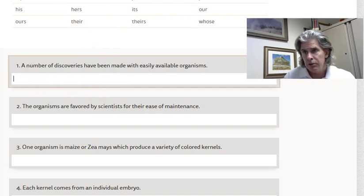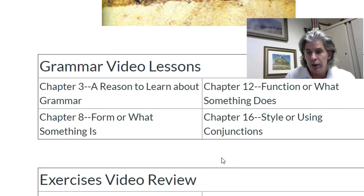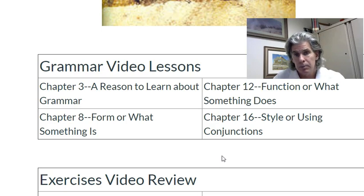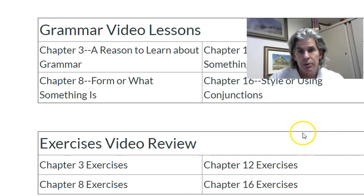If you have any struggles with it, I will be going through the exercises for Chapter 3, which everybody should know. Chapter 8, it might be a little bit of a challenge. Chapter 12 is going to be a little bit tricky, okay? So if you can get through it without any help, you go right ahead. That's fine. I'm quite serious. Some of you really know what you're doing, and great. You can go ahead and get the chapter